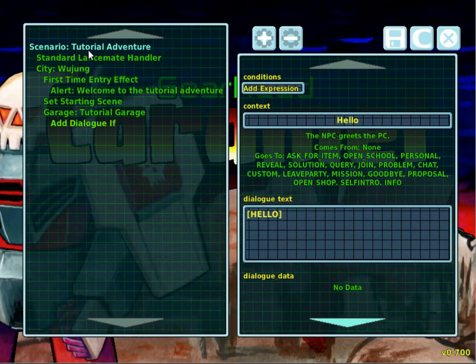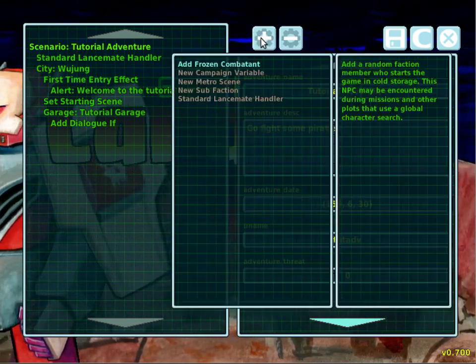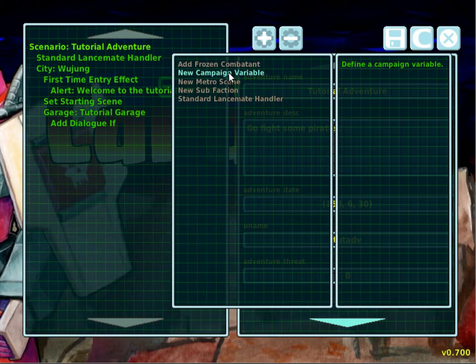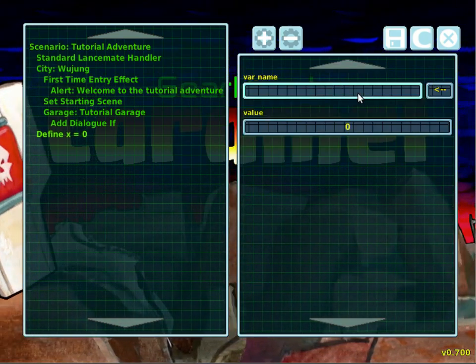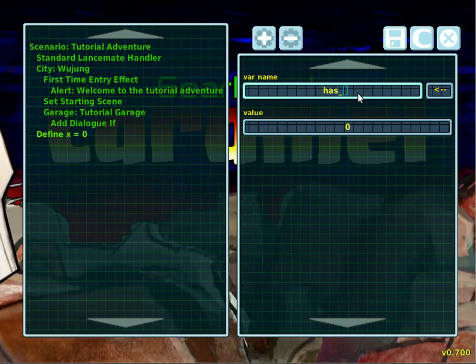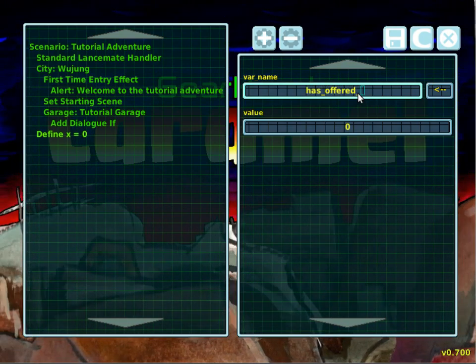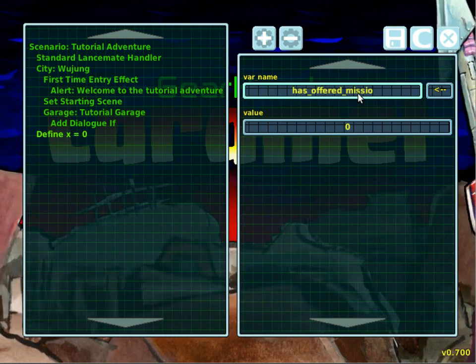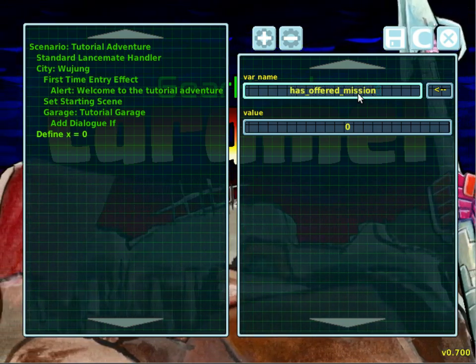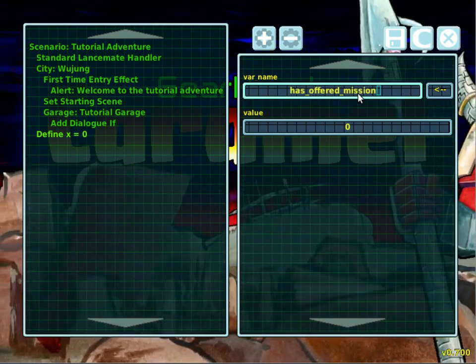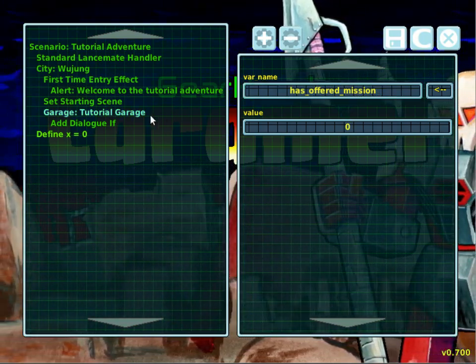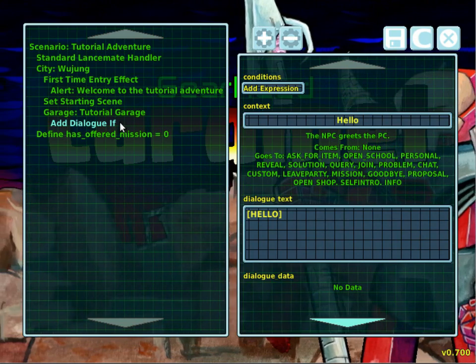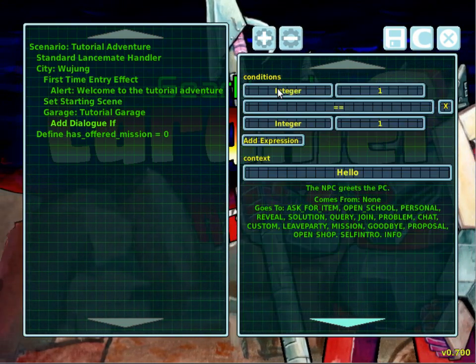Let's go back to the scenario. Let's add a campaign variable. And the variable name is going to be has offered mission. So this is a variable. It starts with 0. This add dialogue if